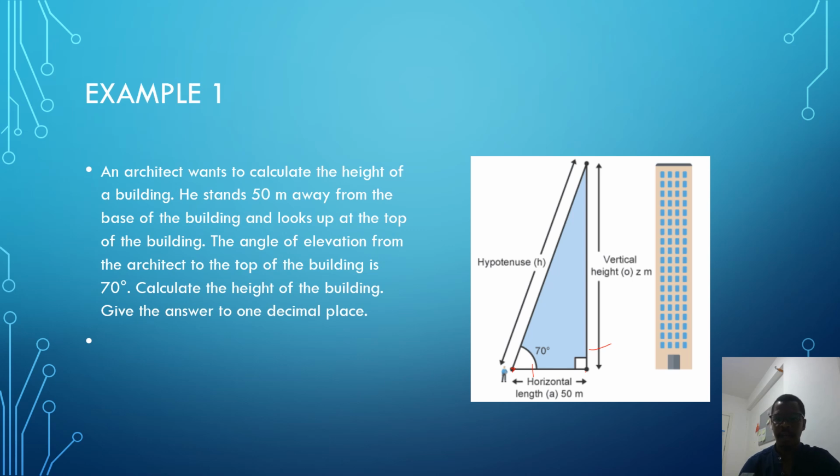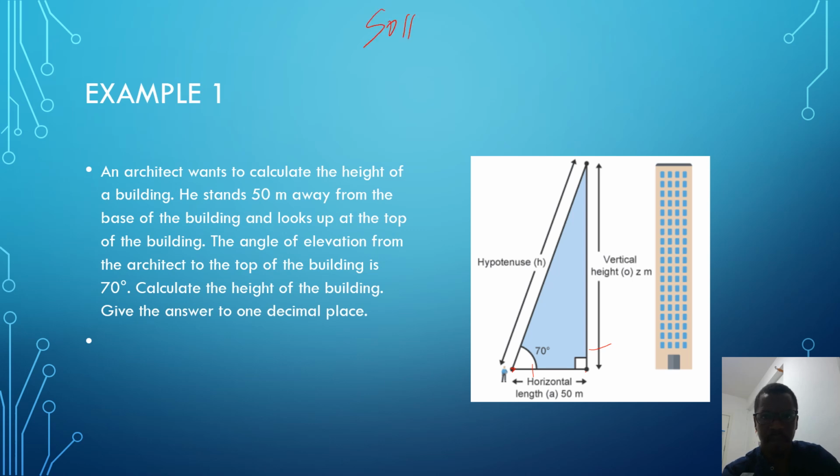We have a triangle with the opposite, the hypotenuse, the adjacent, and the 70 degrees. Now, using our trigonometric ratios, remember,